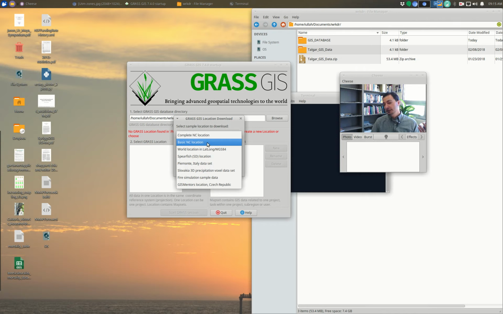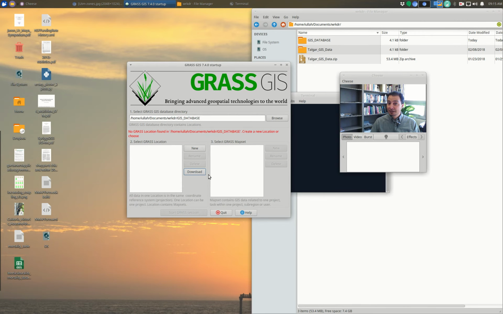Now, if you're following along with the GIS book, or if you're following along with some other standard tutorials on the internet, you might need the North Carolina location, you might need the Spearfish location, and you might want to get like the world long location, and then there's a few other newer sample data sets that you could download from here. We, on the other hand, are going to continue to work with our Kazakhstan Kurgans data set,